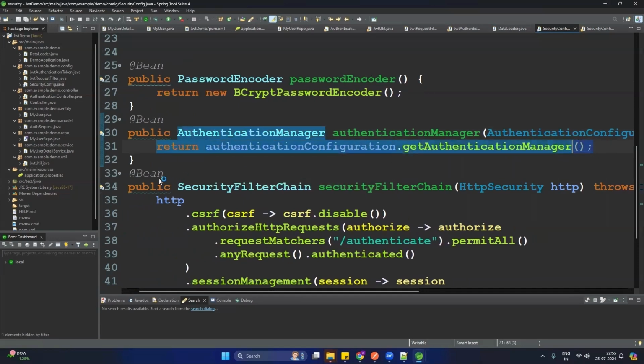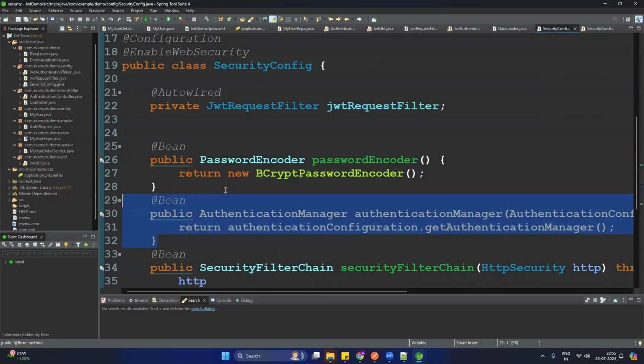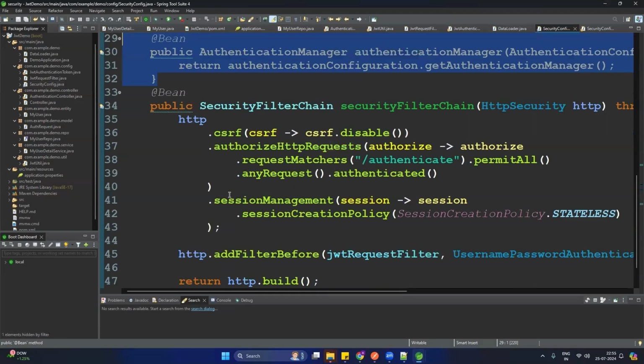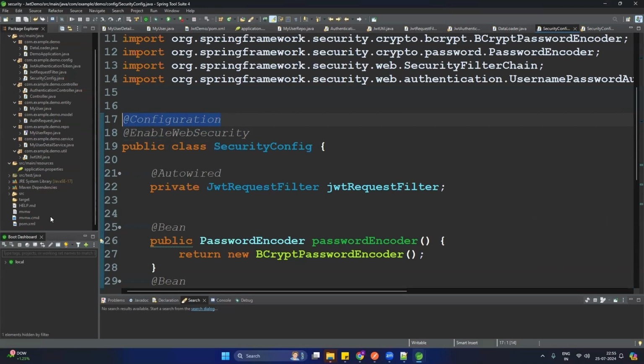So this is the bean of the authentication manager. Now we are good with this Spring Security config, and make sure you have these annotations, EnableWebSecurity and Configuration. And the last thing which is pending is the